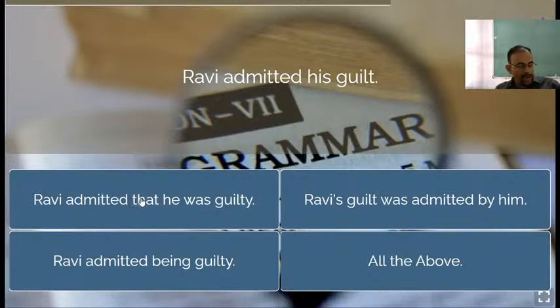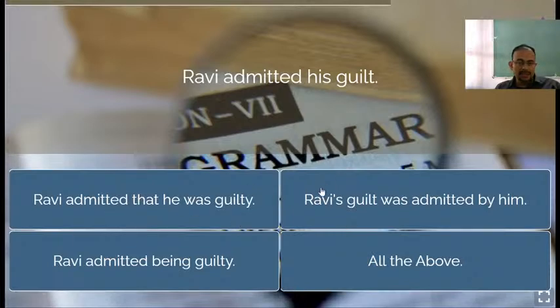Connectors: that, which, when, what. So "that" is there as a connector. So it is the quickest way to arrive at the conclusion that it can be a complex sentence, right? Because "that" is used here as a connector. And secondly, we shall check: "Ravi admitted" is the principal clause, "that he was guilty" is the subordinate clause. So "that he was guilty" is depending on "Ravi admitted." Therefore, it is an example of a complex sentence, right? Very good, Asmita.